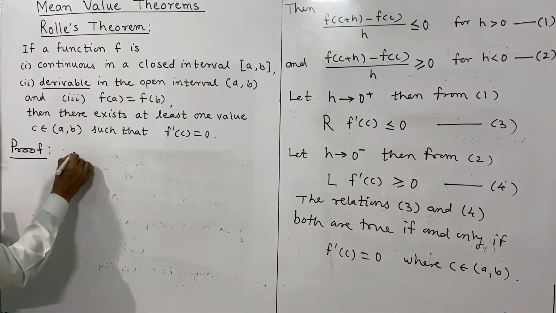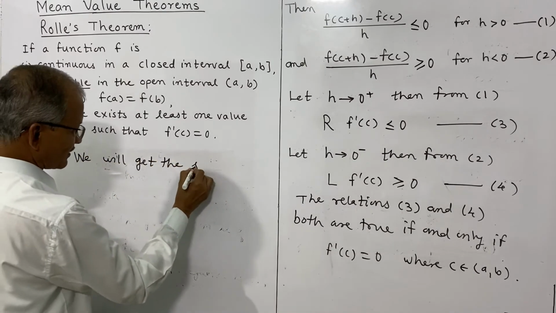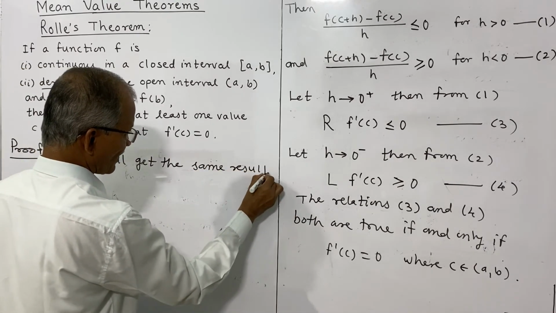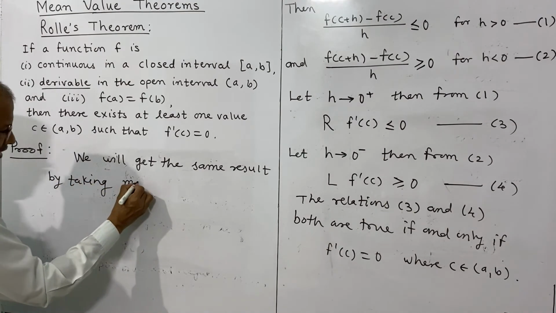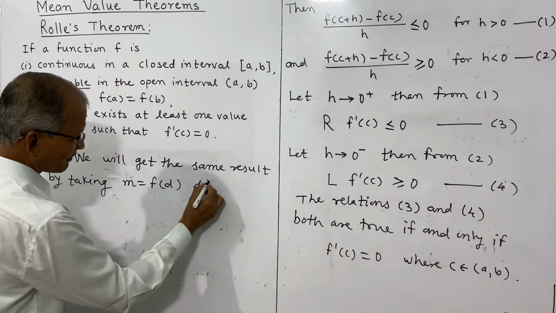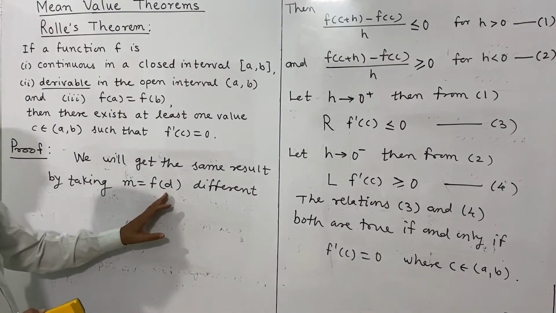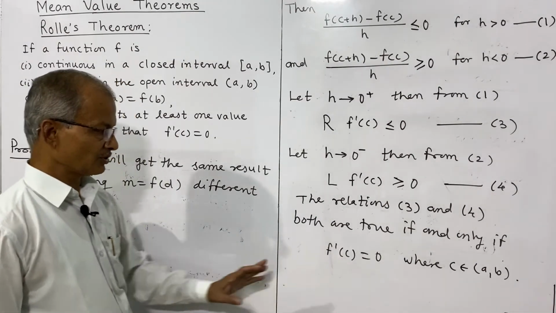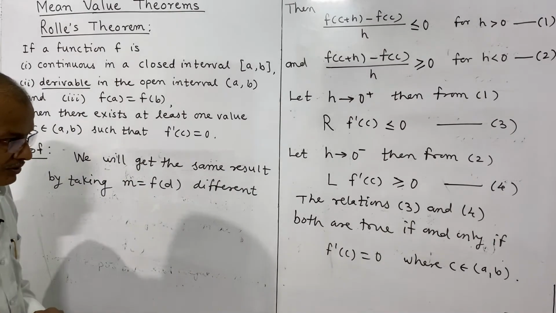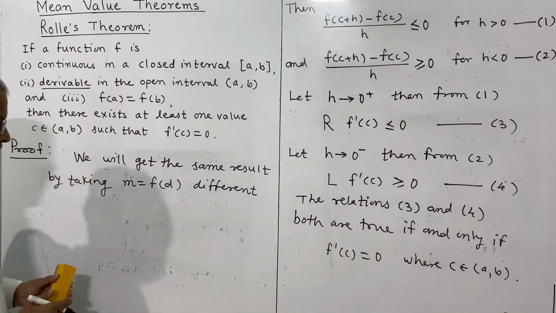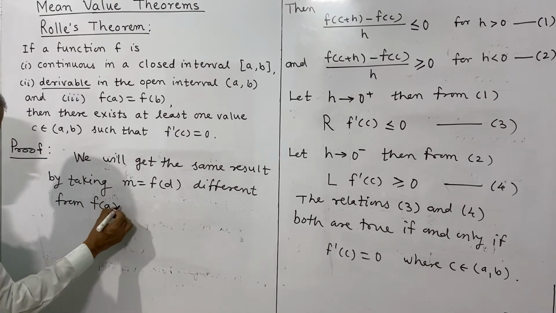We will get the same result by taking small m is equal to f of d, instead of capital M is equal to f of c, where we obtained f dash of c is equal to 0. If you take small m is equal to f of d, then in this case we will get f dash of d is equal to 0, and d is again in between a and b. So f of d is different from f of a and f of b,